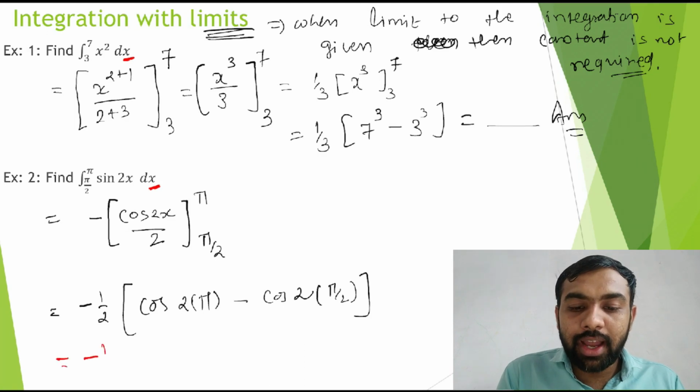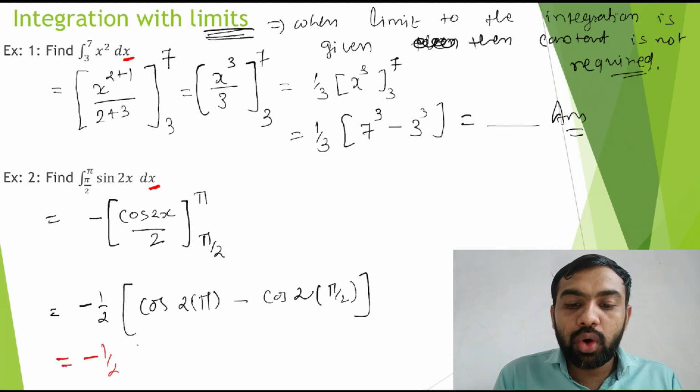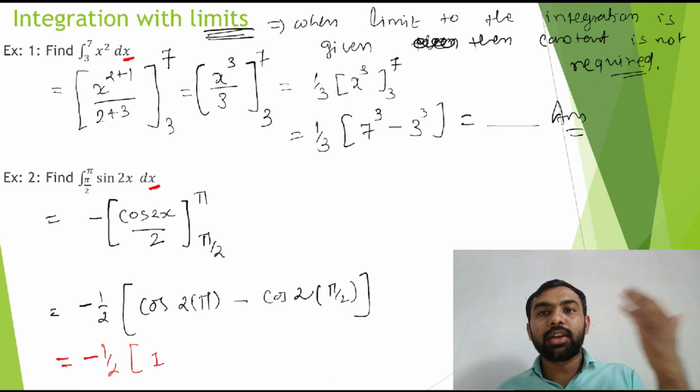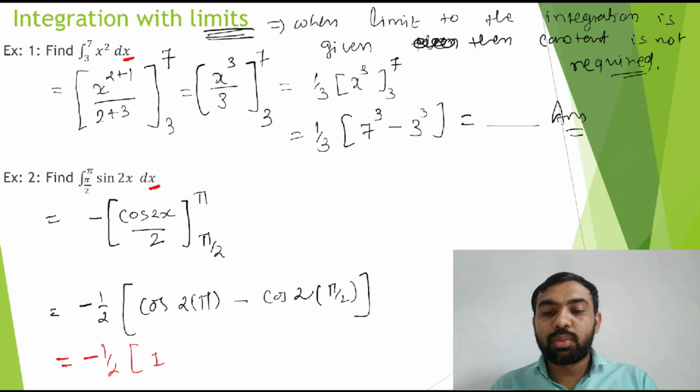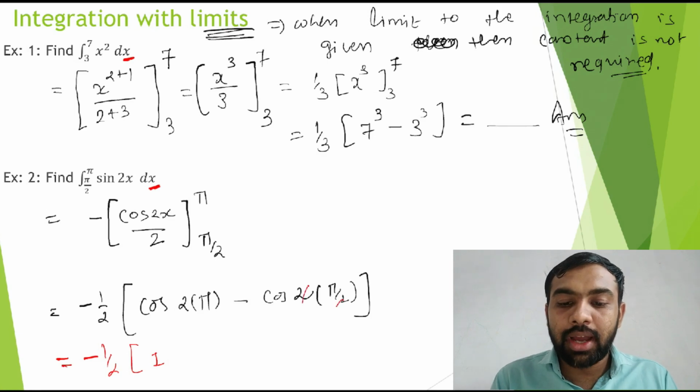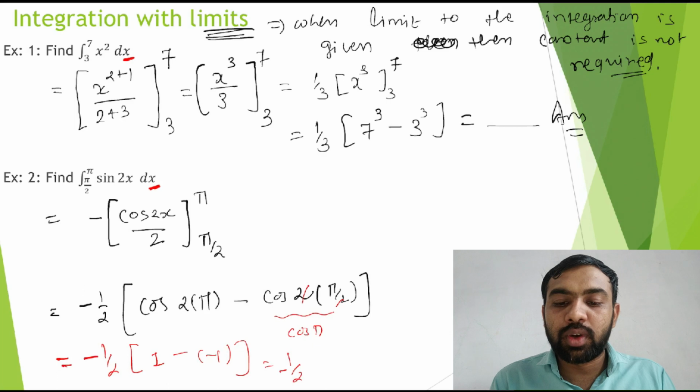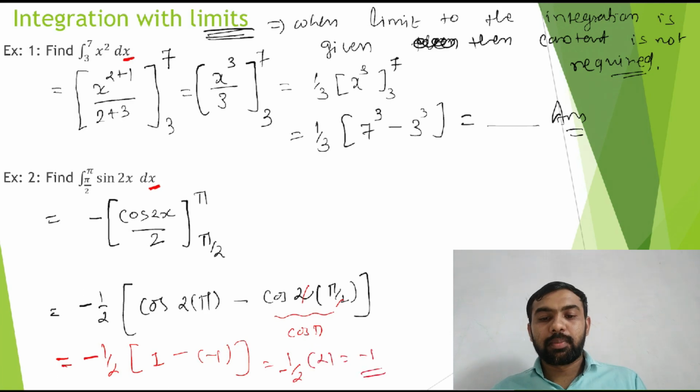So it is equal to minus 1 by 2 cos 2π. I know, I'll keep it for now, there is no need yet, we will see this later. So it is equal to -1, just 2 and 2 cancel, so minus cos π, this is equal to cos π is equal to -1. So what is the final answer? -1/2 into 1 plus 1, so that's a 2. So finally you get the -1 answer.